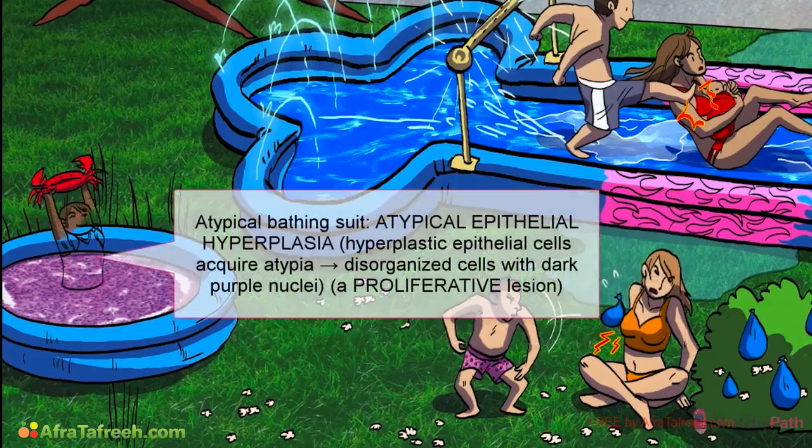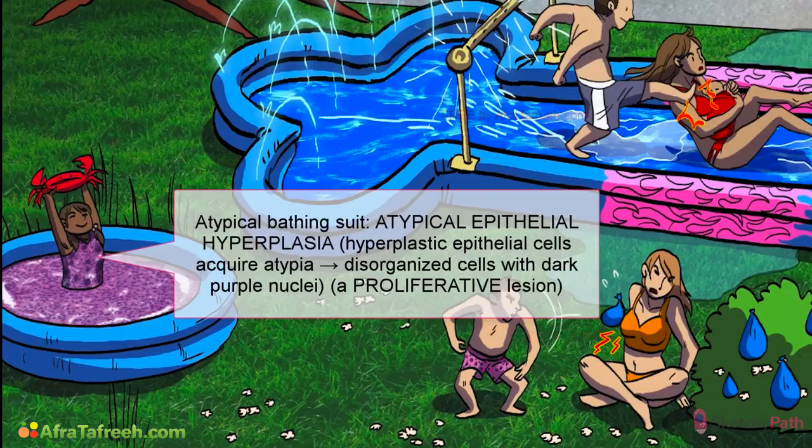Usually, epithelial hyperplasia isn't a big deal. However, if atypia develops, these lesions can begin to look like low-grade ductal or lobular carcinoma in situ. Atypical epithelial hyperplasia is associated with a significantly increased risk of breast cancer, nearly similar to that of carcinoma in situ. To help you remember that atypia is associated with an increased risk of breast cancer,